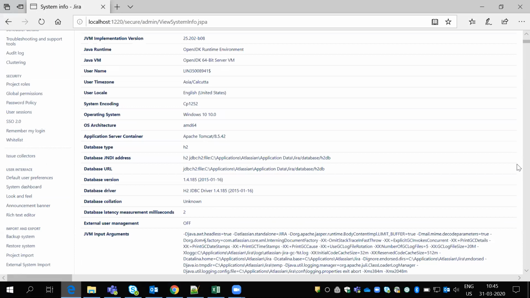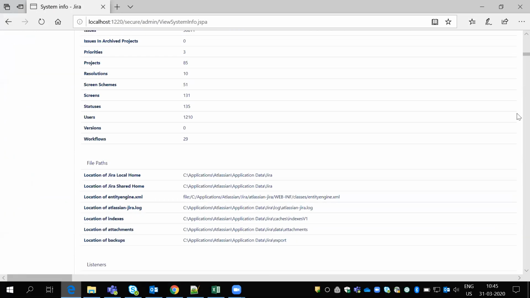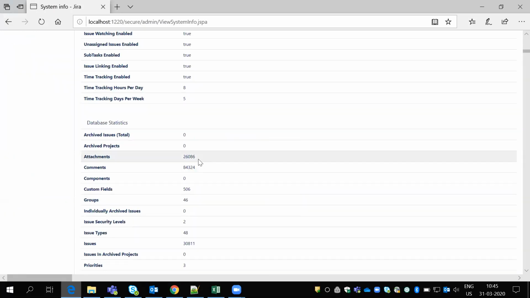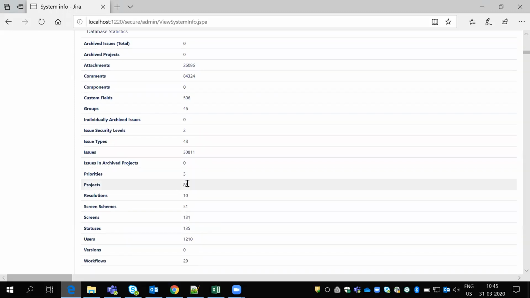So here, see, I have the same 2006 attachments, components and projects. The 85 projects should come here. See, 85 projects; previously in 8080 I have 85. All 85 will come here. The priorities, resolutions, every count will be exactly matched here now.